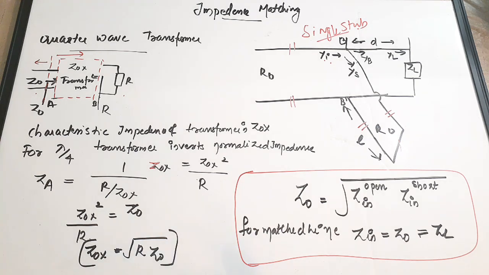So these are the important topics you have to cover while studying the transmission line topic. You have to study what is characteristic impedance, what is load impedance, and what is the representation of the transmission line in terms of various elements like capacitance, resistance, inductance and conductance. How can you write the characteristic impedance of the transmission line in terms of these components? What are the different types of transmission lines? What is a lossless one? What is a distortionless one? How the characteristic impedance of these different lines varies based on the variation in the components and their properties. All these things are very important, and also the impedance matching.